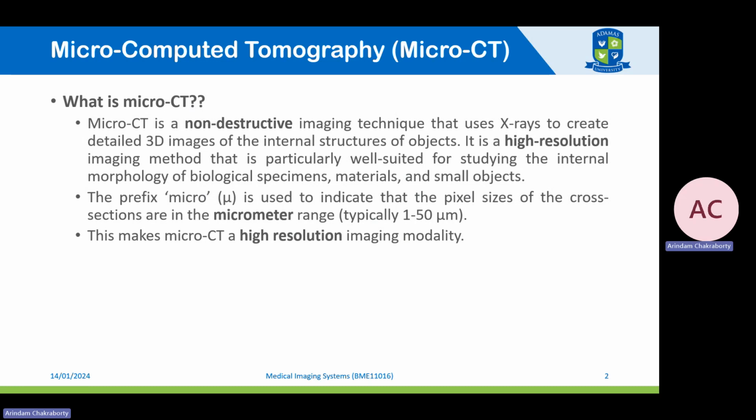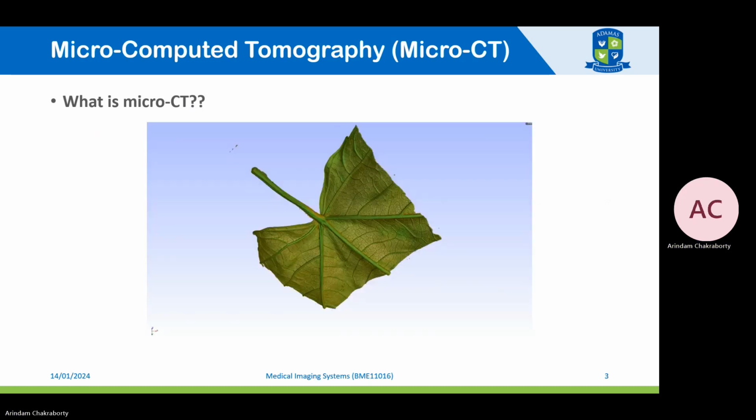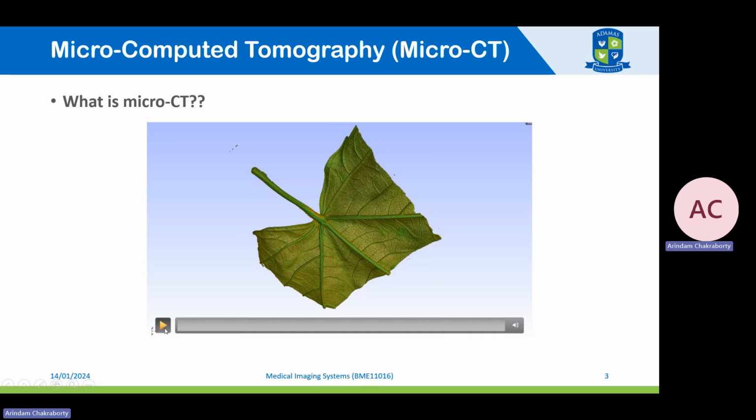The second thing is that it is called a micro CT because the pixel size of any cross section image is in the micrometer range, typically within 1 to 50 microns. That makes micro CT capable of capturing images at a very high resolution. We can see, to understand why micro CT is so important and what this micron level imaging pixel size can offer,